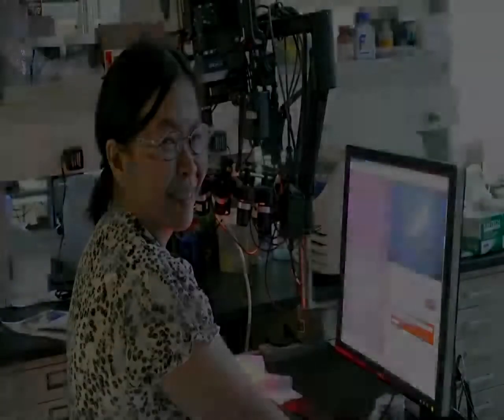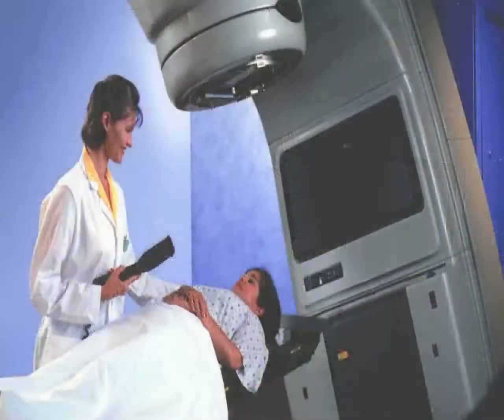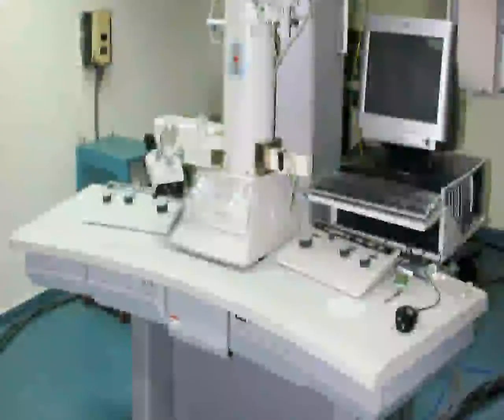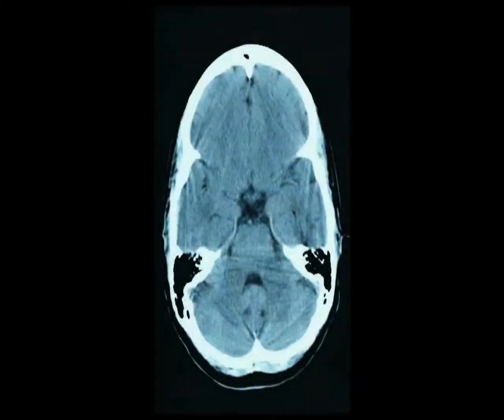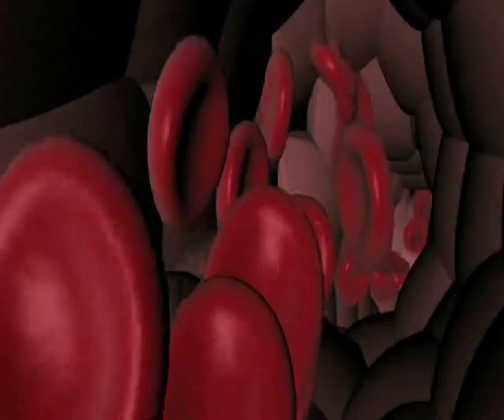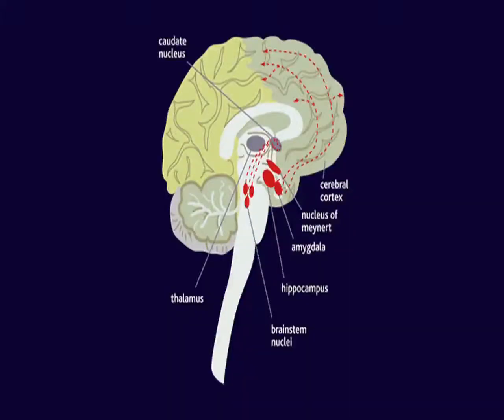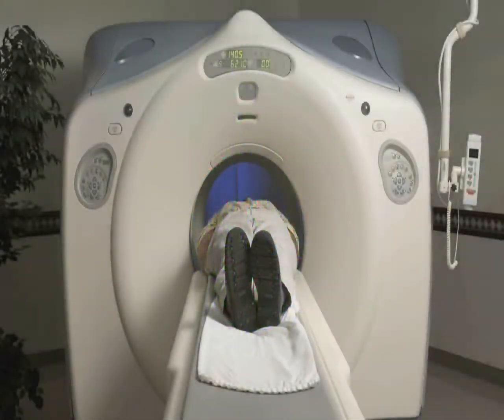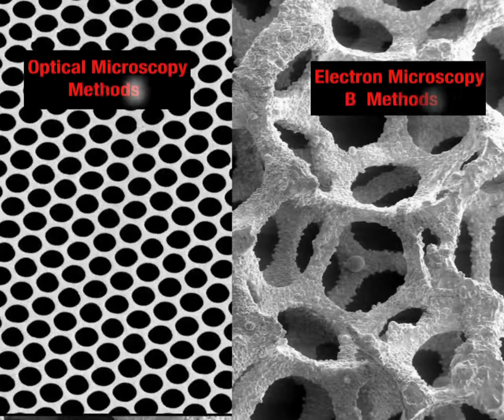applied. Something that is very exciting right now is that a number of different technologies for imaging tissues can be observed using new optical and electron microscope methods. This can improve the diagnosis of brain disease like Alzheimer's and determine how well different chemotherapy drugs work in terms of figuring out how blood flow can come to the tumors. It may be that some aspects of Alzheimer's are actually due to something that we can't currently detect. That could be something that we would be able to diagnose either via brain scanning or optical or electron microscope